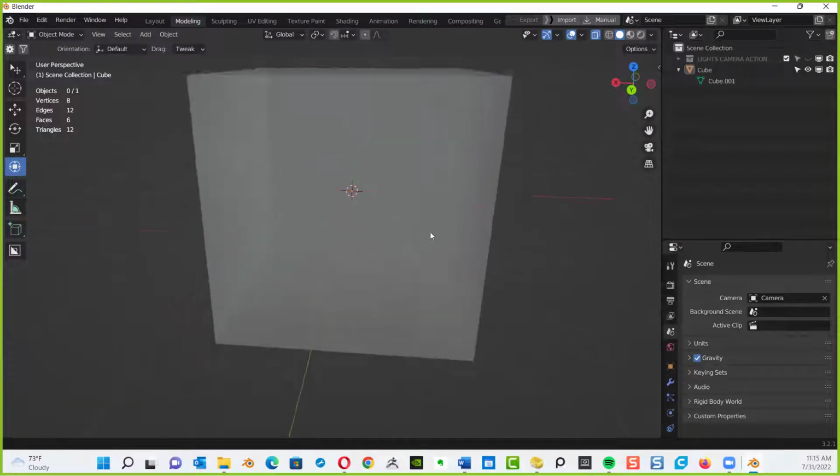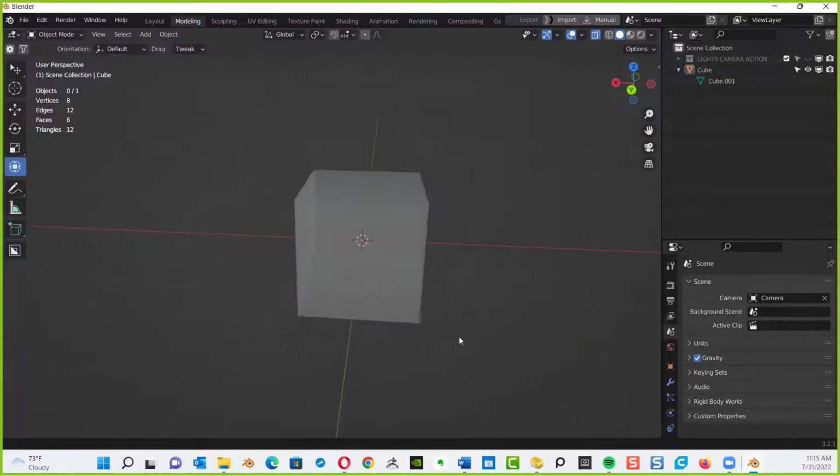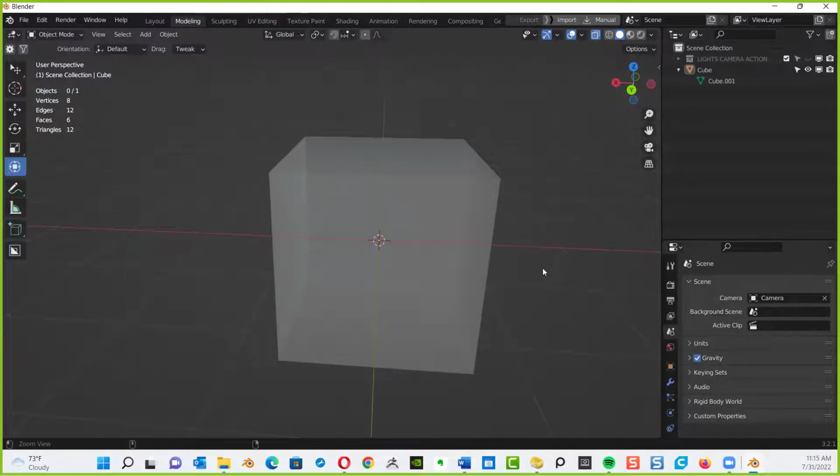Alt with Shift pans. Alt with Control zooms. Unless you're one of those annoying Mac people. It's the same shortcut. It's just that Command is Control and Option is Alt. The shortcuts are exactly the same, just labeled differently. That's an Apple thing.